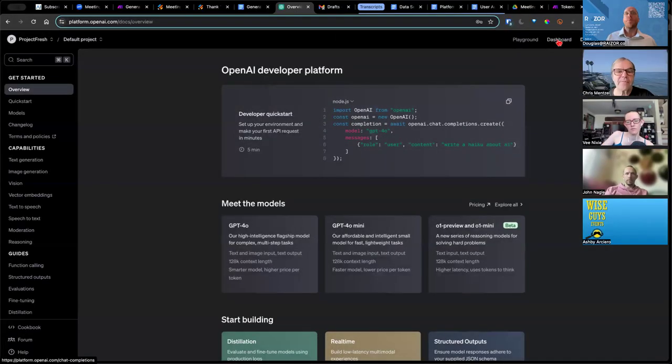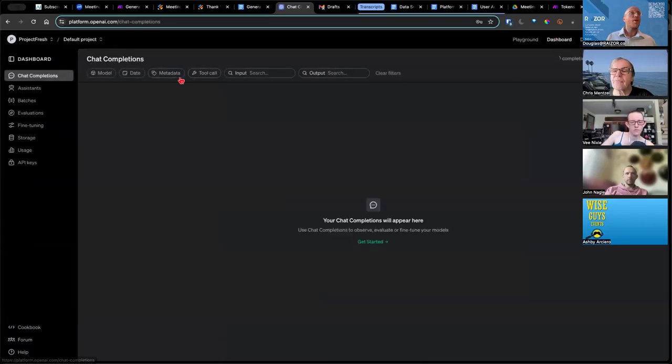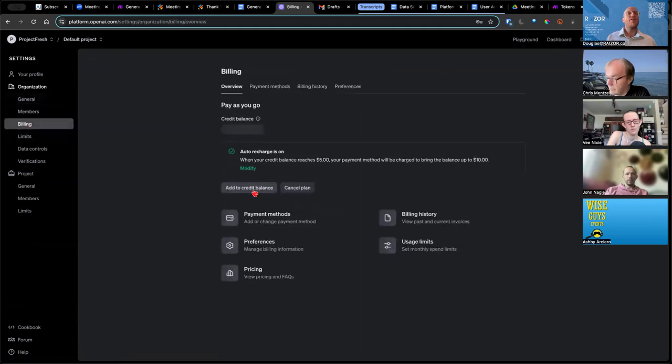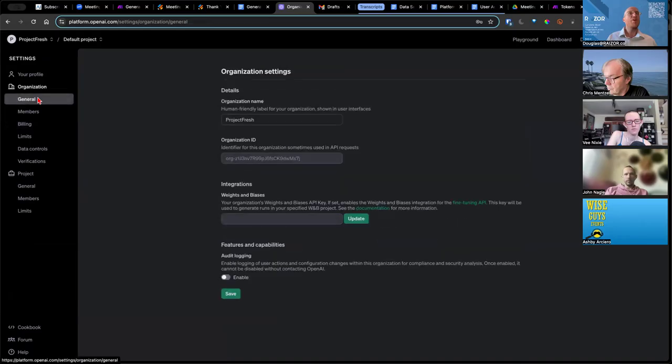First of all, in your dashboard, you're going to go into API key. In fact, I think first what you want to do is go into your settings and then you go into billing and you're going to just add $5 or something like that. I have 20 bucks in there. It takes me all month to use that. And I do tons of automations. So it's really cool. So you would add just say $5 to your billing